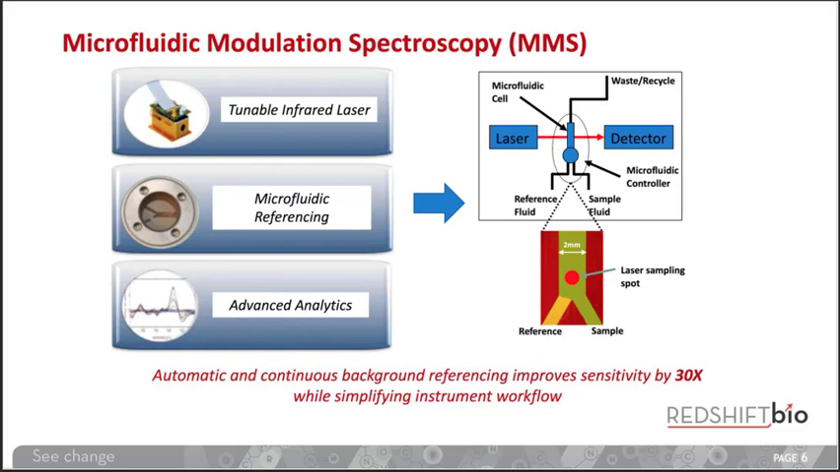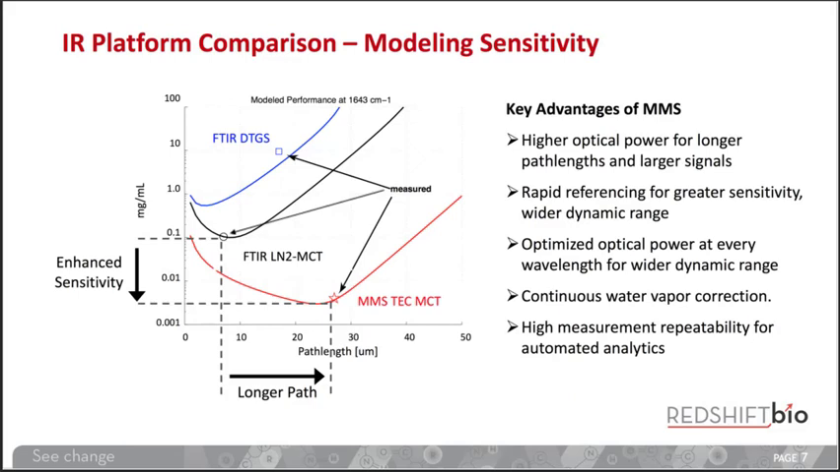So all those put together allow us to achieve a sensitivity which is about 30 times better than conventional methods, all while simplifying the actual operation. We've tried to take the user out of the measurement as much as possible here so that measurements are very, very consistent and repeatable. So to test the performance benefits, we began by first modeling the performance of this platform,